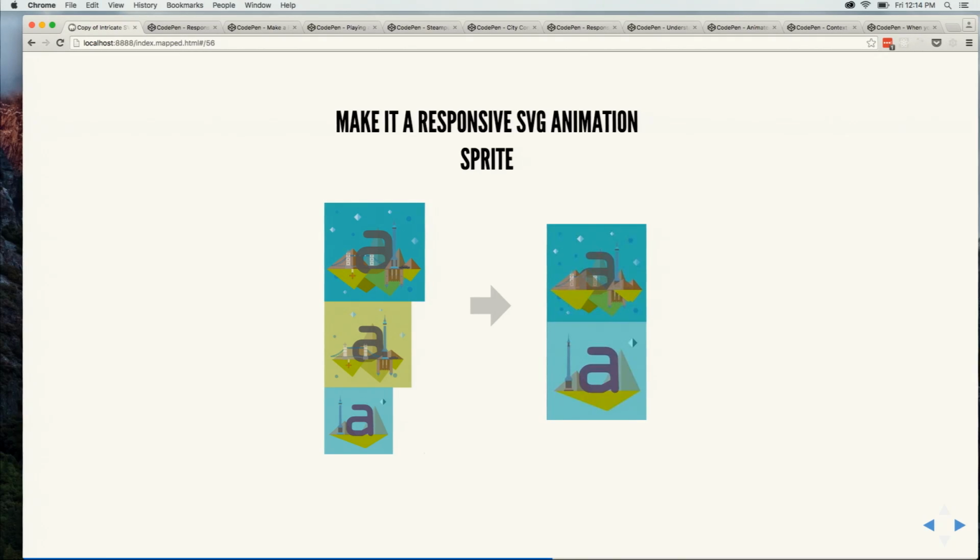So if I make it a responsive sprite, if I'm doing an illustration or something like that, I can make a little map for myself on the side where I'm doing a Book of Kells illustration, and I've got this A, an initial letter, and then I've got the tablet version, and then I have the mobile version. But I can also see that some of these things are repeated, and because I'm a developer, I want to not repeat myself. So I make this sprite that's one size, and I take out all of the shapes that are repeated and put classes on the ones that I want to hide and show. So